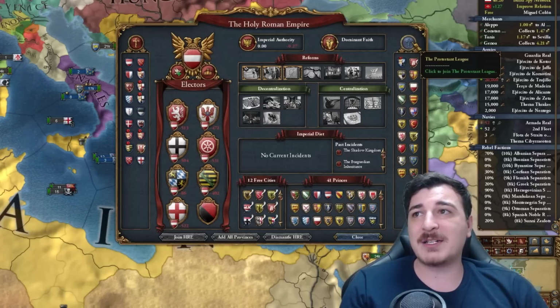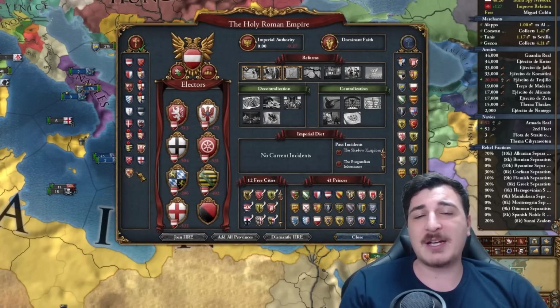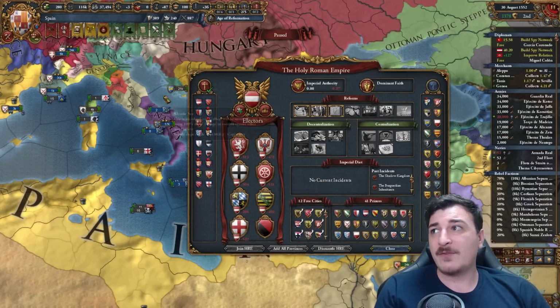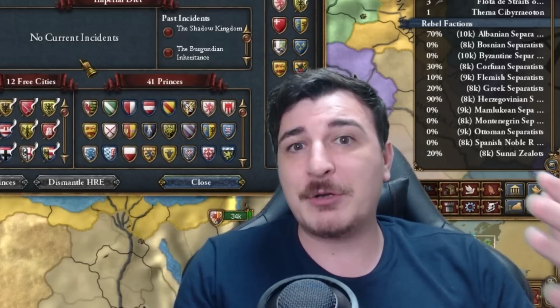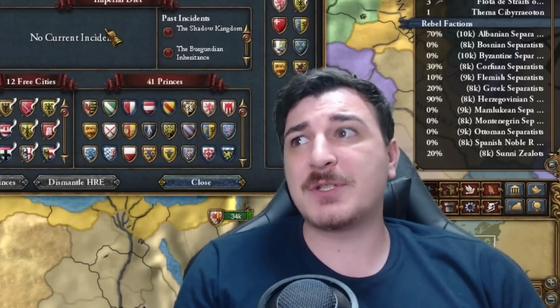We have the Protestant League on one side, we have the Catholic League on the other, and we're gonna join the Catholics because we plan on staying Catholic in this run, and we want our Catholic brethren to win this war, of course. This is essentially the first world war, historically speaking, as it basically involved all of the continents, more or less, if we include the colonies of the various countries involved in this war, and it absolutely ravaged